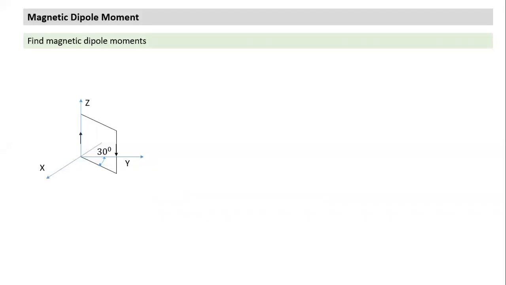So in this case, can we find the direction of the magnetic dipole moment? The magnitude is again the same as the previous case. The magnitude is NI L square. So that is not a problem. Finding the magnitude is easy. Can someone define the direction in terms of a unit vector?